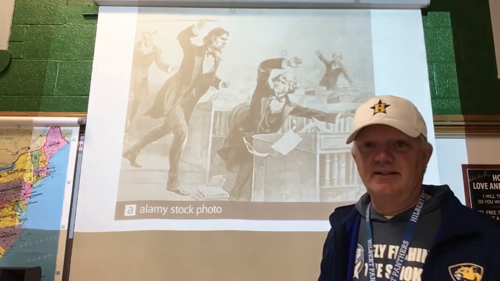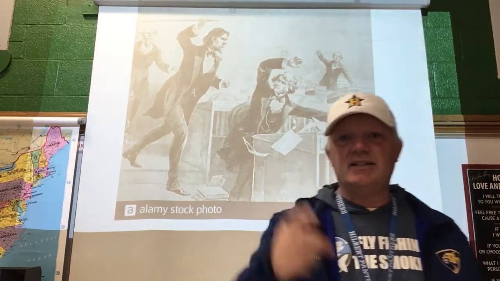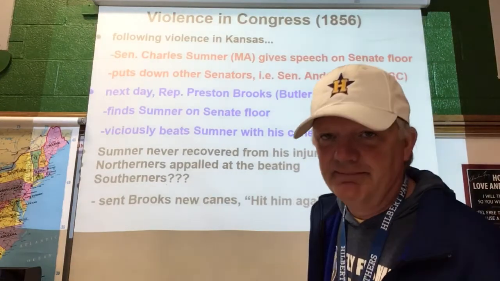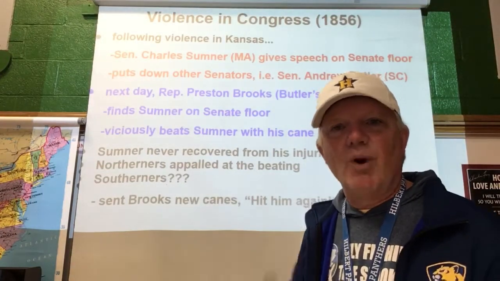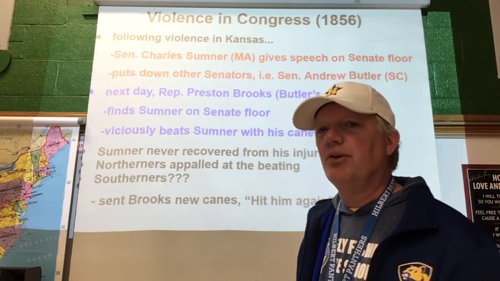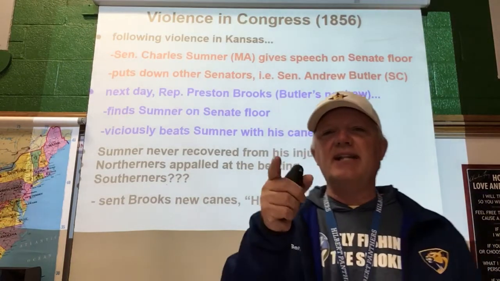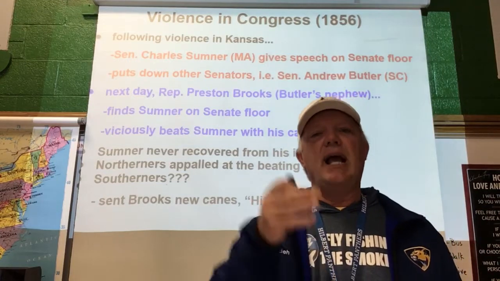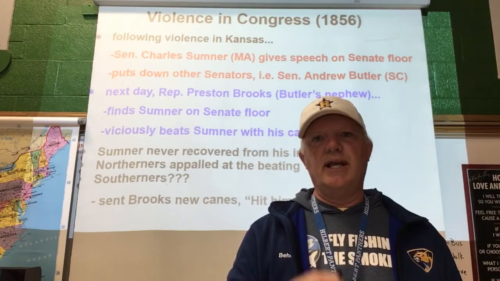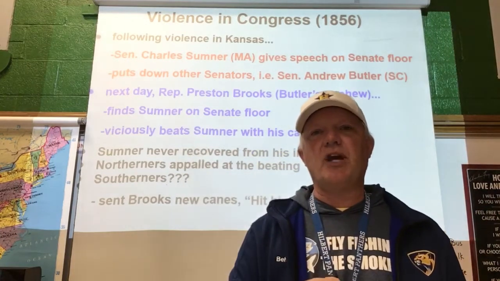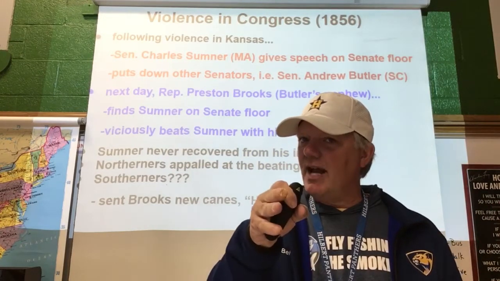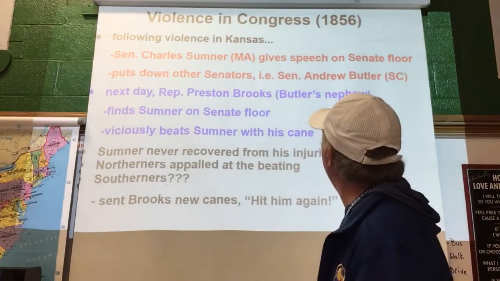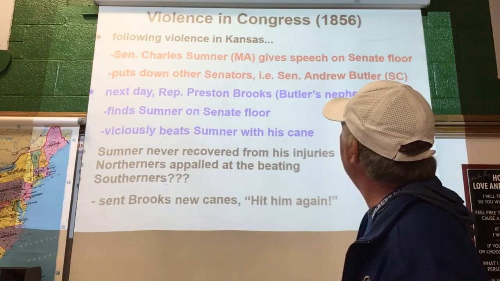All right? On the floor of the Senate, Sumner's going to be sitting down. Preston Brooks is going to come along. Why is he doing it? Why is he going to beat Charles Sumner with his cane? Because of the violence in Kansas, Charles Sumner got up on the Senate floor and gave a speech. And in his speech, he mentioned some Southern senators. Not very nicely, by the way. He did not say nice things about them. One of the senators that he talked about was Senator